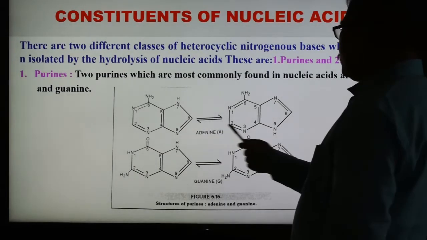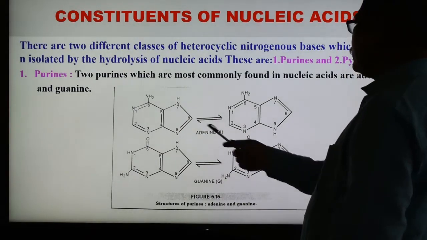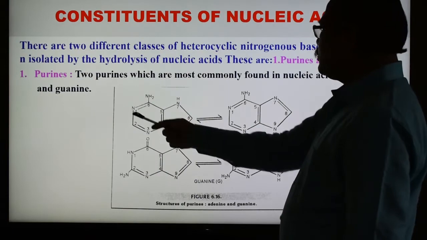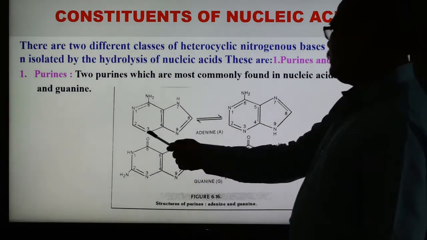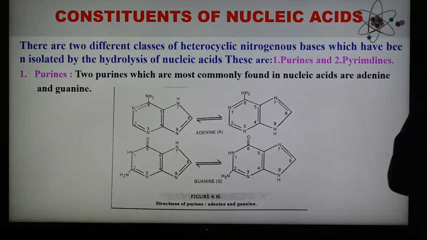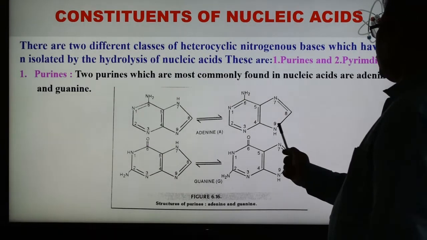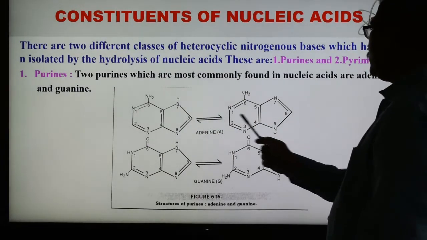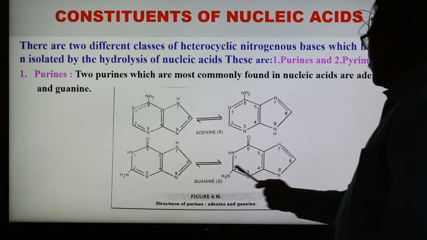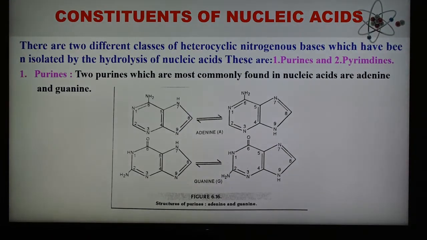So this is the structure of adenine, and this is the guanine. And this is the heterocyclic. Nitrogen is present in the ring. So this is the heterocyclic here, and only the bonds are changed, and the similar structure is here. This is the regional structure of these two. This also shows guanine, the regional structure, and so adenine and guanine have this type of structure, and